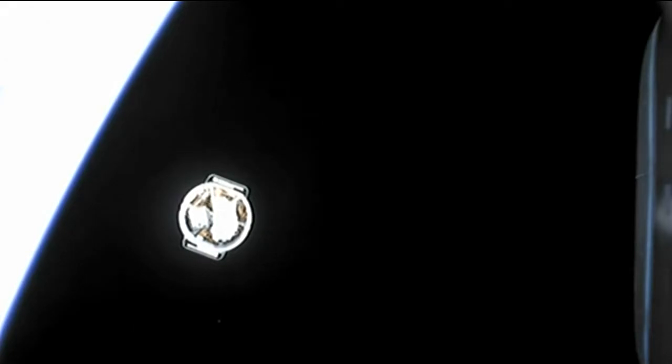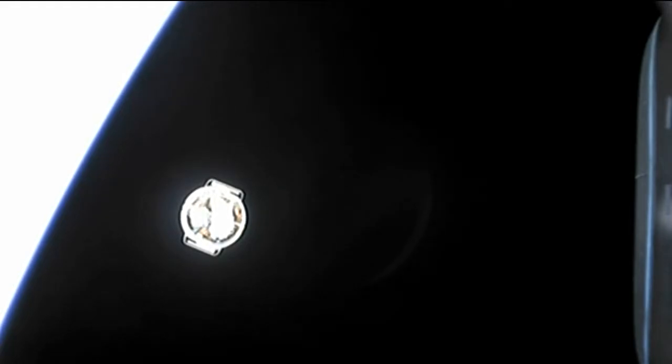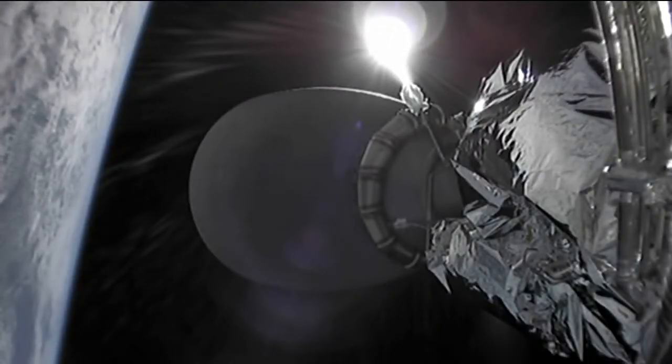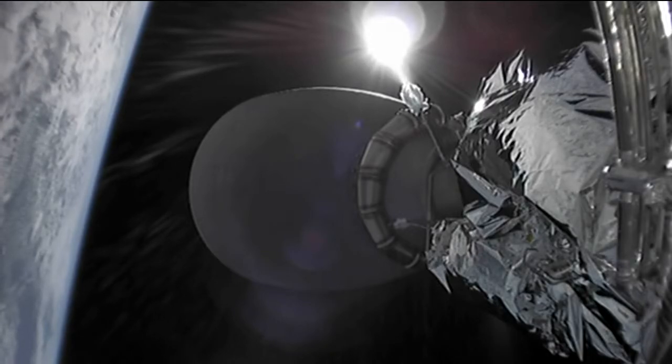One of those, the larger one, is that HISUI. That's the hyperspectral imager from the Japanese government that's going to be installed. The other one's actually a spare battery. We've been doing a bunch of battery upgrades on the International Space Station, switching from older nickel hydrogen batteries to new lithium ion ones. And we are going to be standing by for a couple of minutes until we see